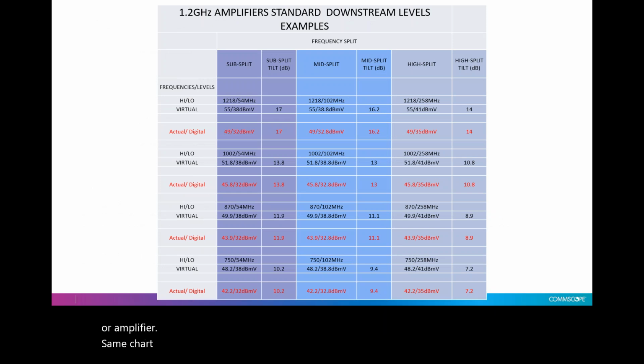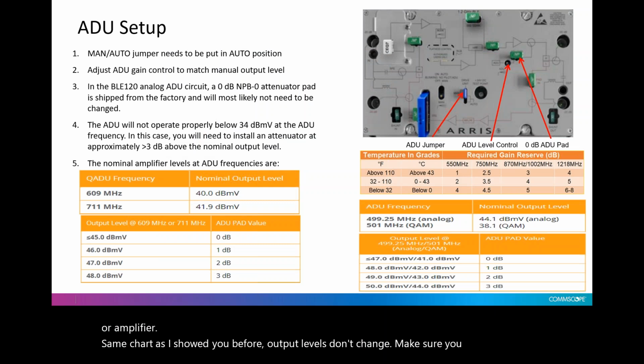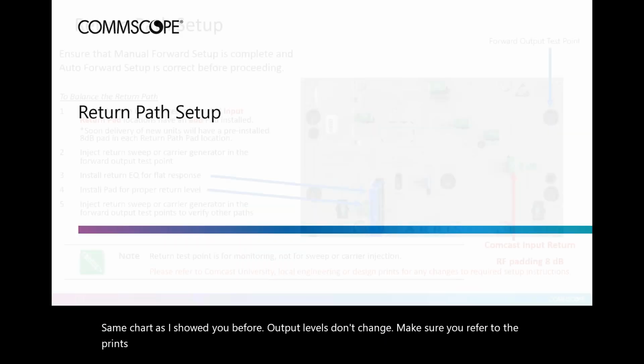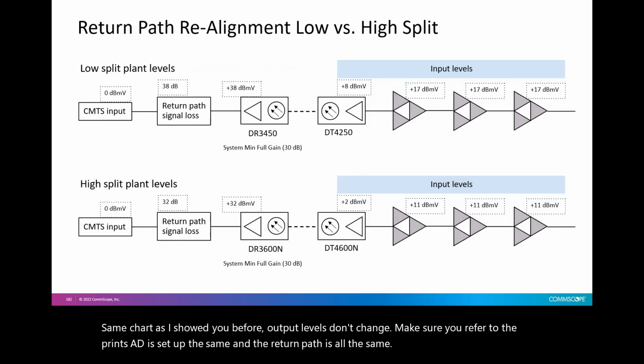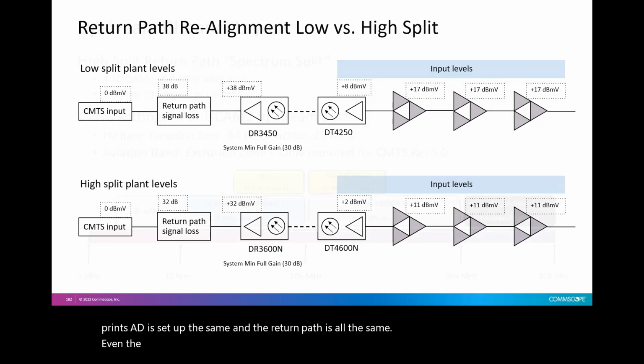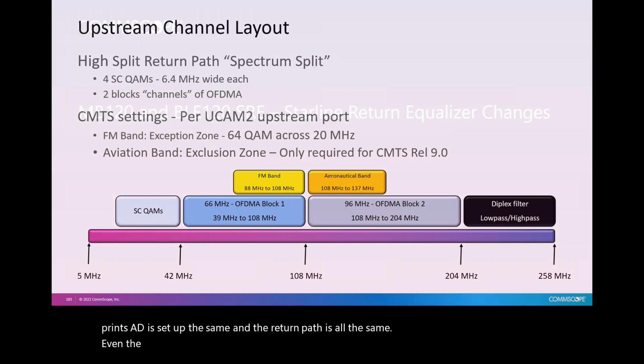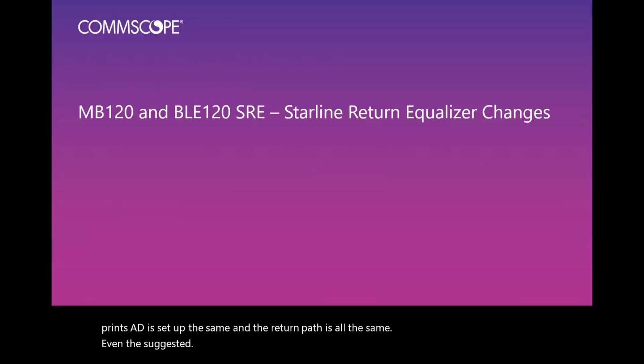Same chart as I showed you before. Output levels don't change. Make sure you refer to the prints. ADU is set up the same, and the return path is all the same. Even the suggested accommodations for